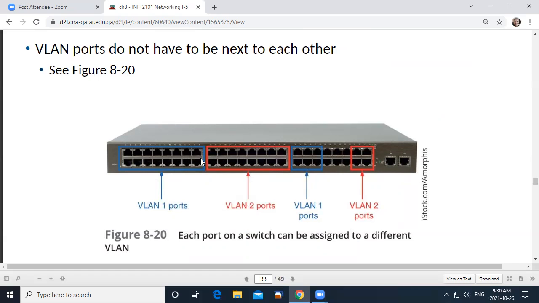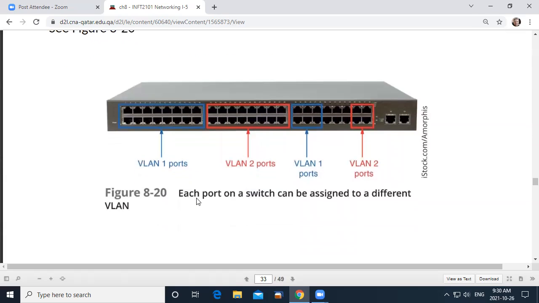You can see that they don't have to be contiguous. It doesn't have to be one big block, which is VLAN 1, and one big block, which is VLAN 2. It can be anywhere, any way we just want to assign those ports. And so that kind of gives us the V in VLAN, I guess. V for virtual LAN. And so, yeah, it's all basically done by software.